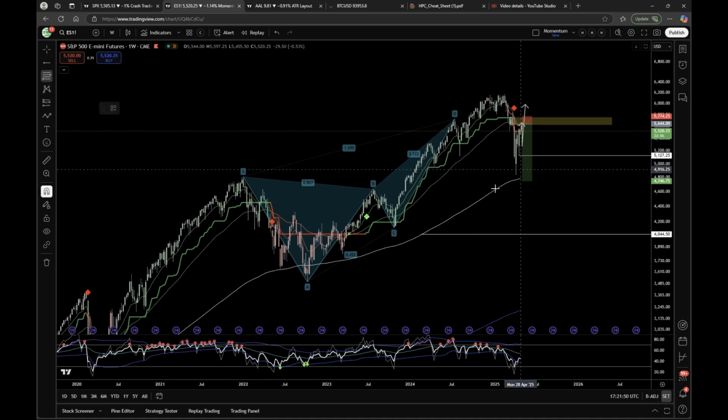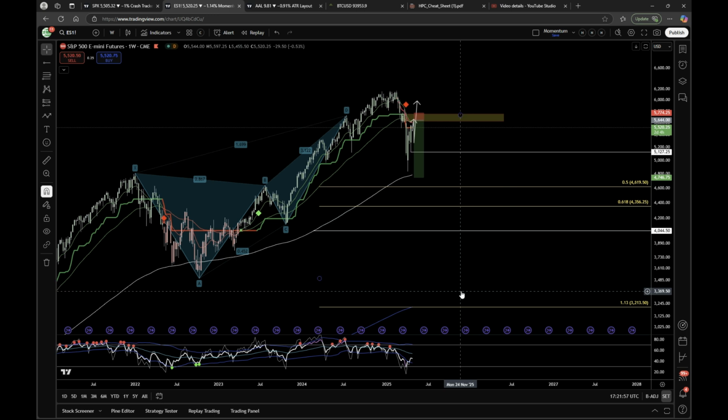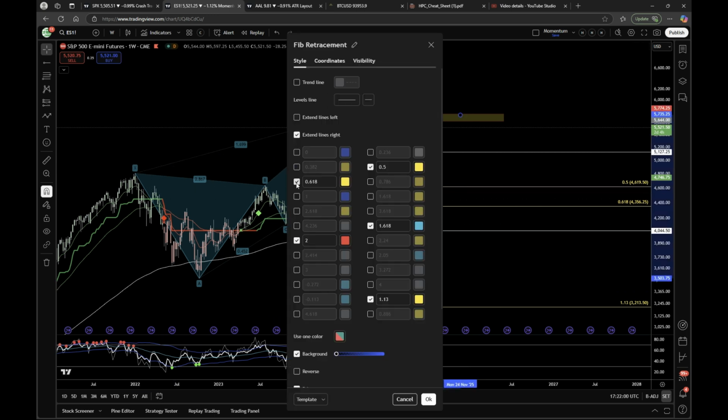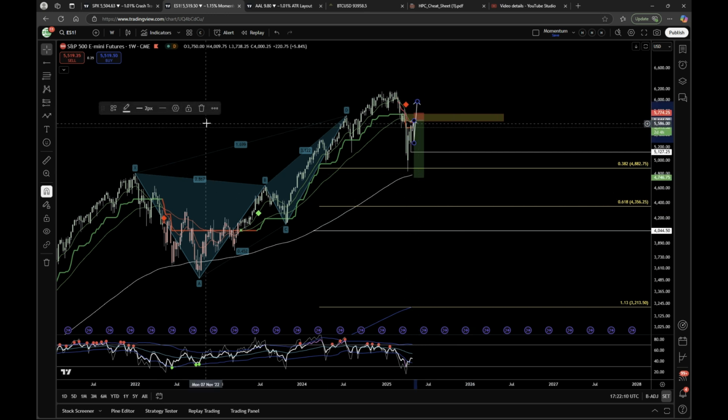Let's go. 618. So we've hit our first target. That's not the 5. It's 382. Hit our first target. And what we're looking to do now